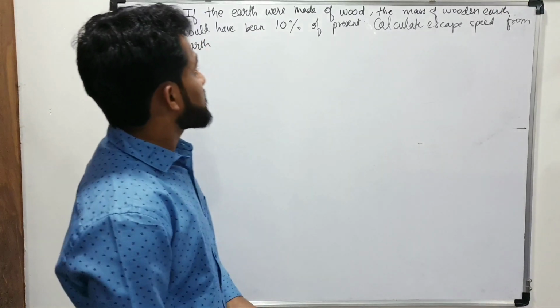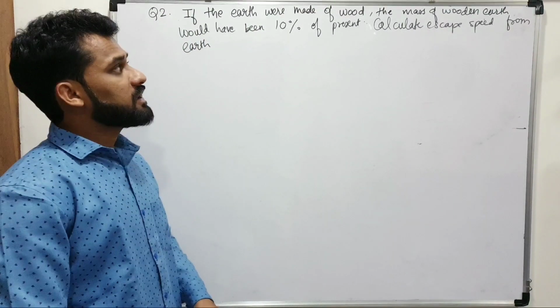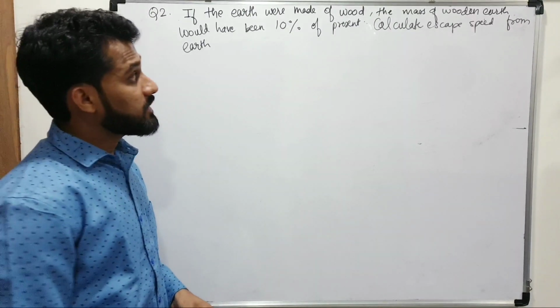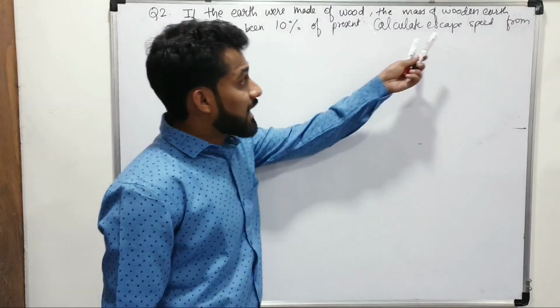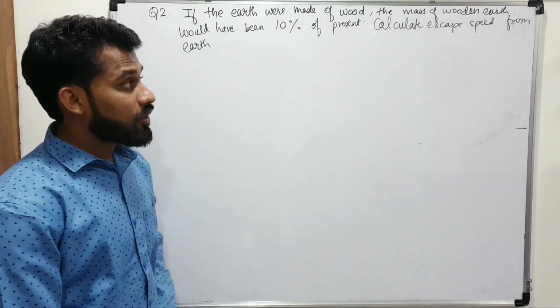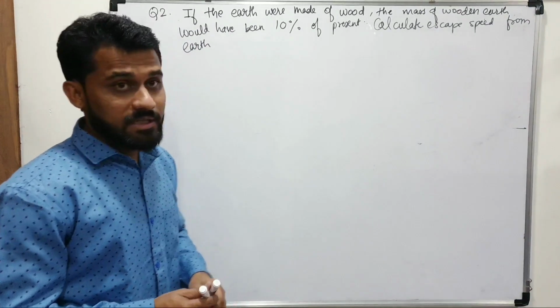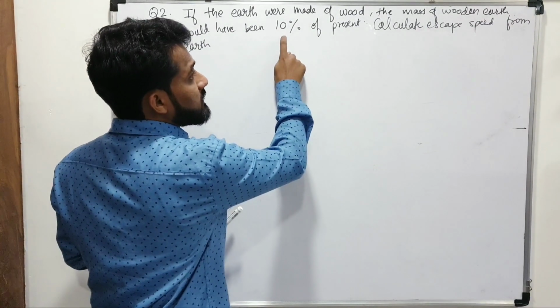Okay, so the next question is question number 2. If the Earth were made of wood, the mass of the wooden Earth would have been 10% of the present value. Then calculate the escape speed from that wooden Earth. So if the Earth is made up of wood, then in that case, if its mass is 10%, what will